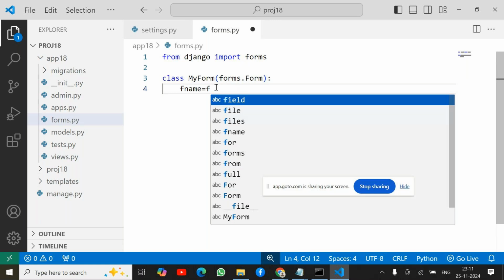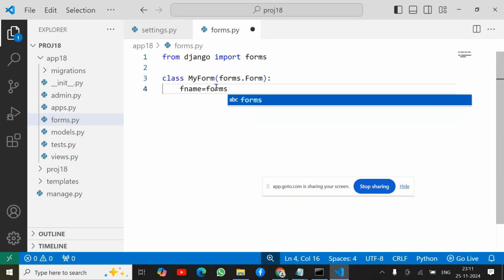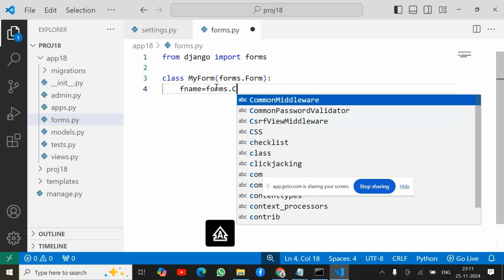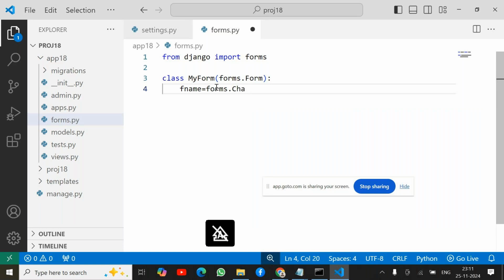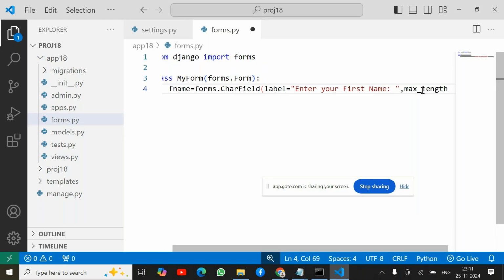Now forms dot CharField, label equal to 'Enter your first name', max_length equal to